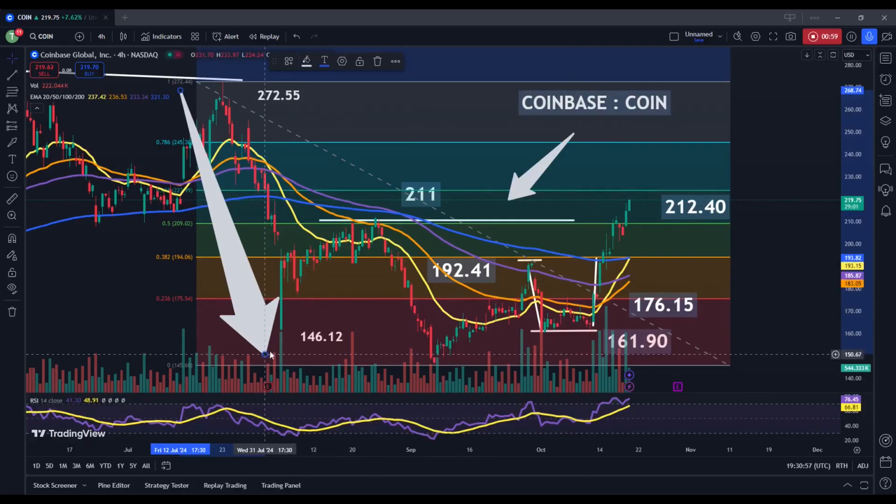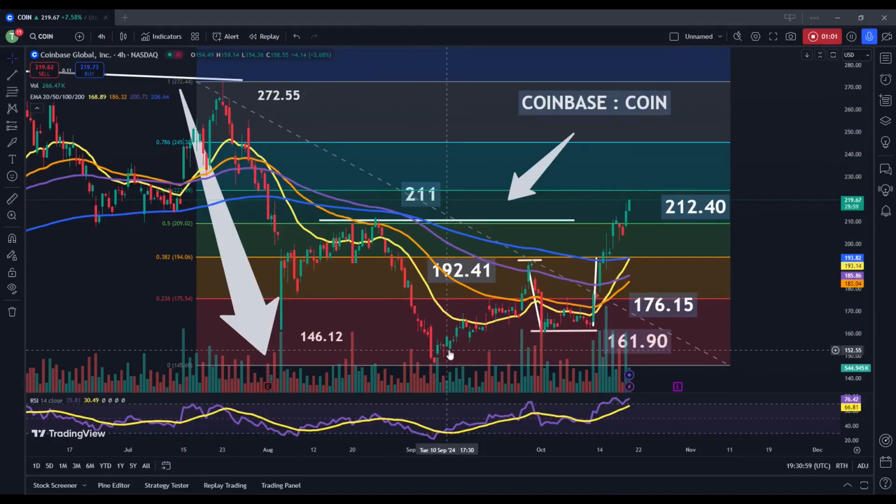to 146.12. That movement into 146.12 was pretty interesting because it does look like we experienced there a false breakout to the downside. We saw a couple of support levels that broke in the process, but then share prices did quickly reverse higher. So at this stage, that price movement would need to be considered a false breakout to